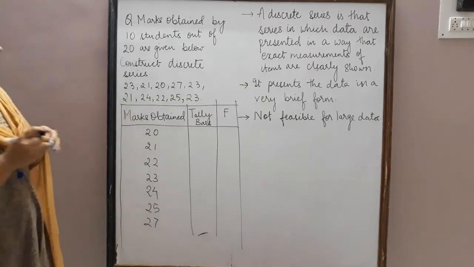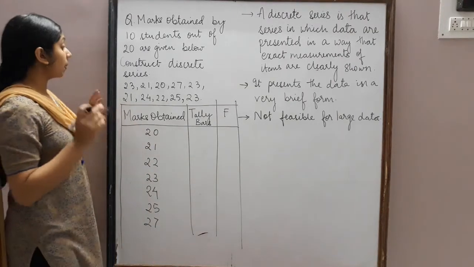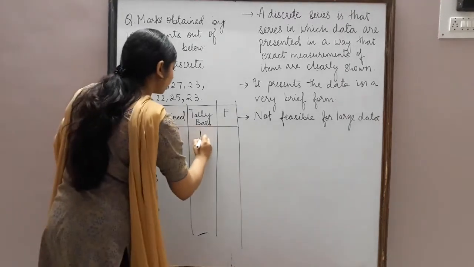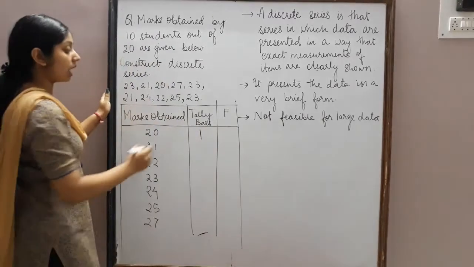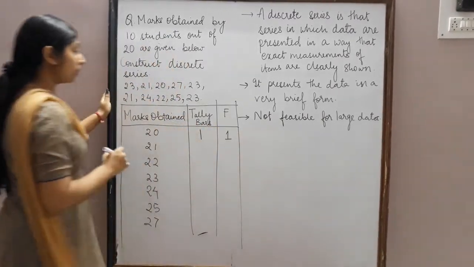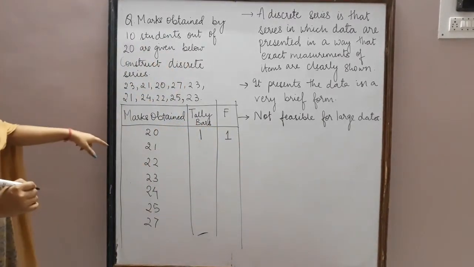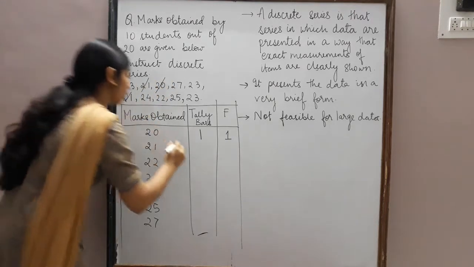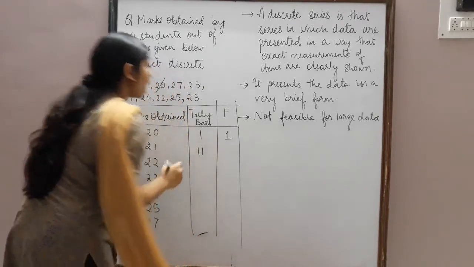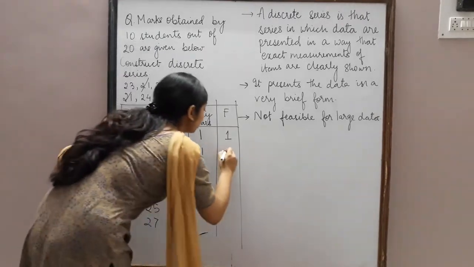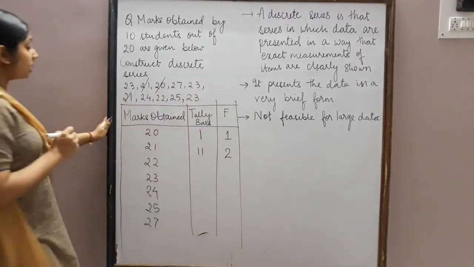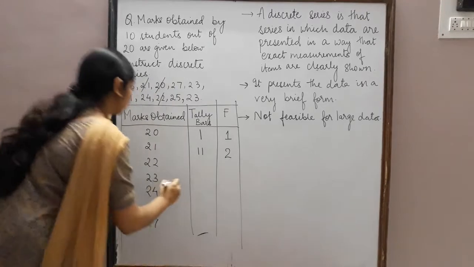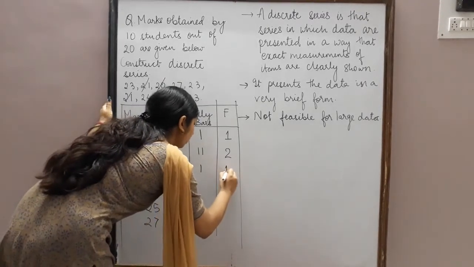Now we are going to see how many times the number 20 has appeared. That will be the frequency of this particular number. Now 20 has occurred only once. So we will write only one bar and here the number 1. This will be the frequency. Number 21, how many times has it occurred? 1, 2. So we will put 2 bars over here and write the frequency in number form, that is number 2. Next we have number 22. This also has occurred once. So over here 1 bar and number 1.